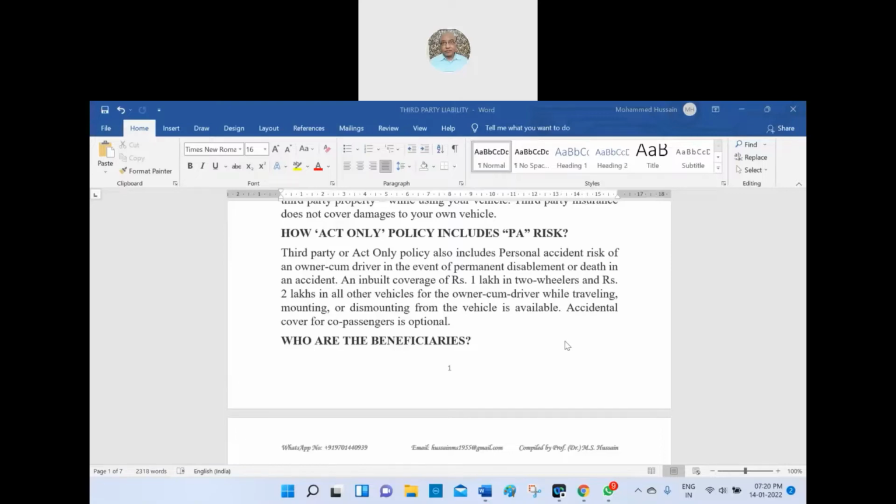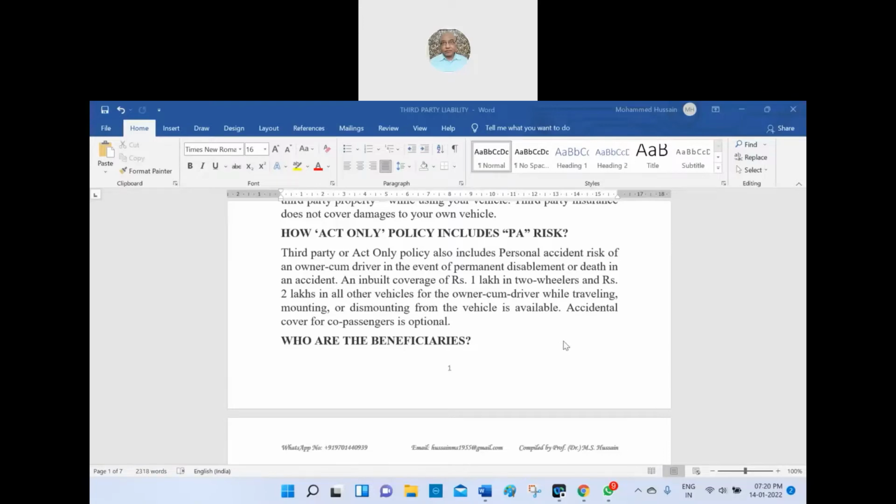An inbuilt cover of 1 lakh in two-wheelers and 2 lakhs in all other vehicles for the owner-cum-driver while traveling, mounting or dismounting from the vehicle is available. Accidental cover for the co-passenger is optional. But the owner who is traveling in the insured vehicle, the personal accident will be covered. I repeat, third party or act only policy also includes